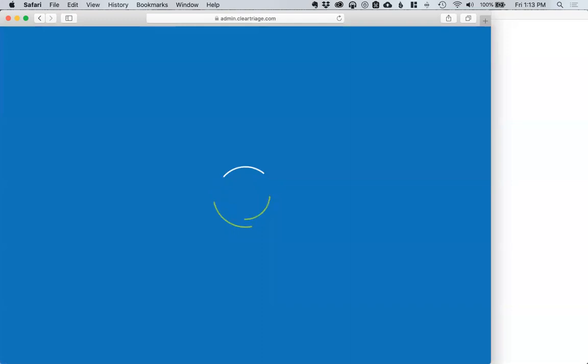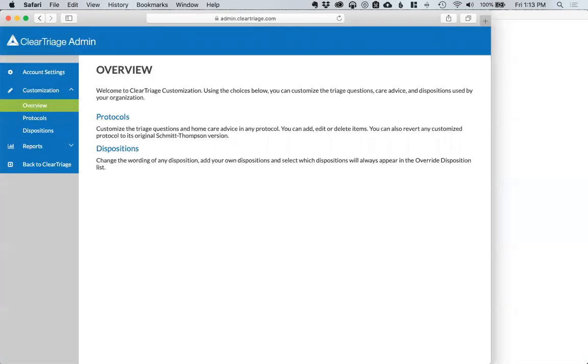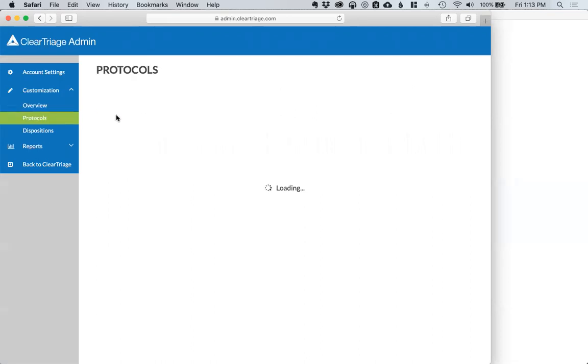And by the way, you can have one or more administrative users for your account. If you don't have those set up already, it will talk you through that. If you need to add additional ones, just email us and we will add those additional admin users. So in the protocols here,